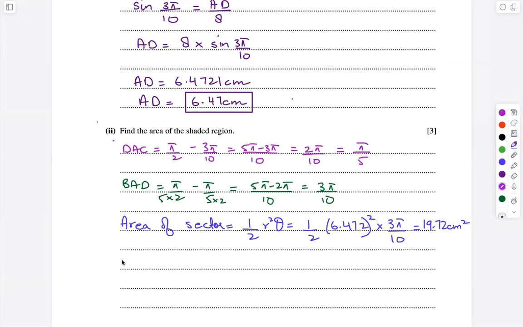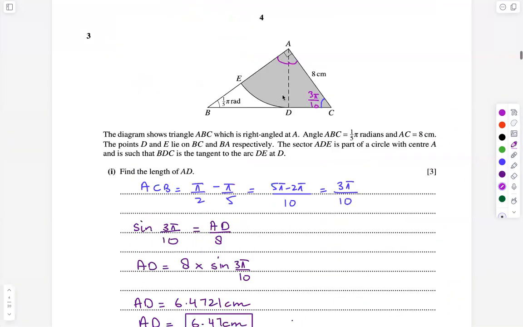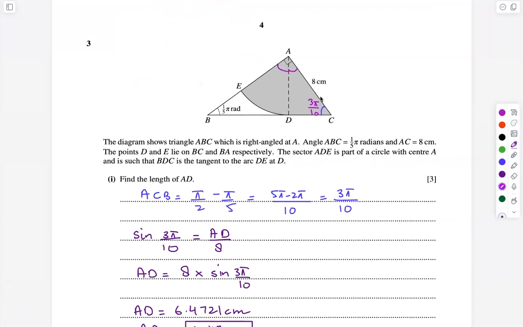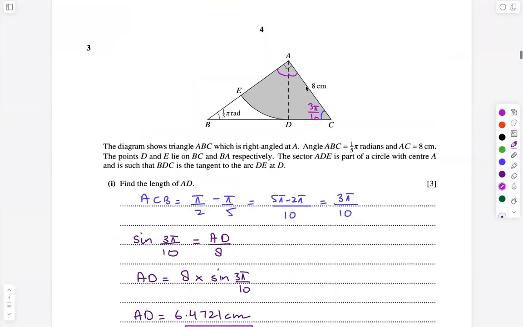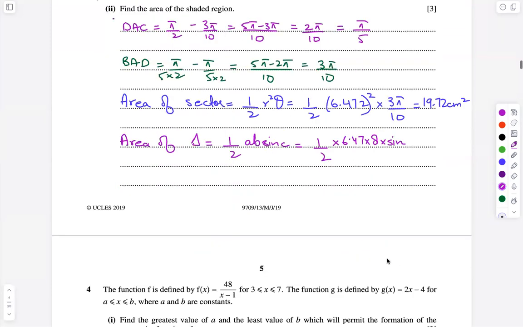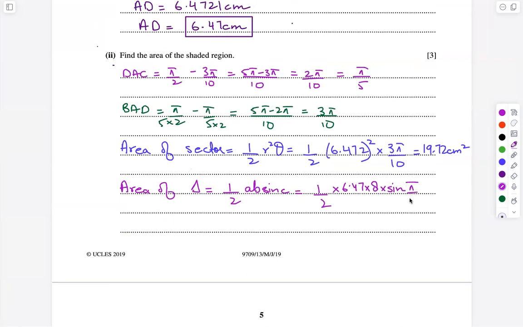And now finding the area of the triangle. The area of triangle will be, we'll use the formula half AB sine C. We know that the two lengths are 6.47, the length of AD, and AC, which is 8. So the area is half into 6.47 into 8 into sine of this angle DAC, which we found was π/5. So finding sine of π/5, multiplied by 8 multiplied by 6.47 and then dividing it by 2, this will be